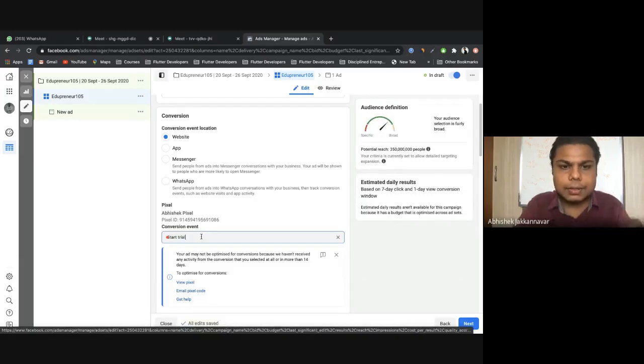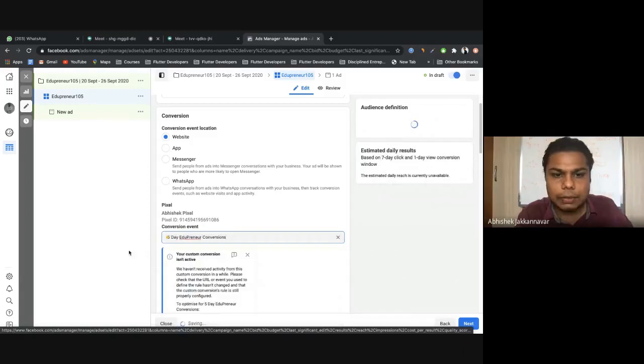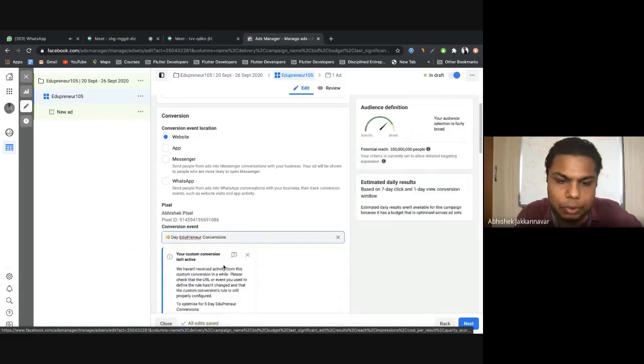And a conversion event. If you have a pixel and all those things, then it will ask you for that. Even if you do not have one, please do not worry about the pixel stuff at this point of time, because as I said, most of the times, even if you get most conversions, the number in the pixel shows very less. I have already shown you in the earlier sessions about the bitly link, which you can use to shorten links and know how many people have clicked on your link.